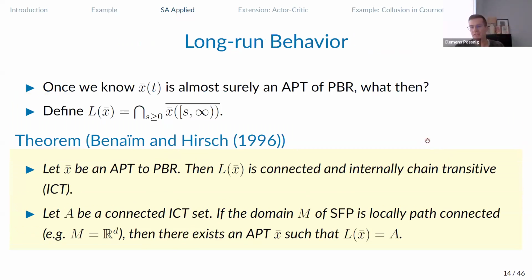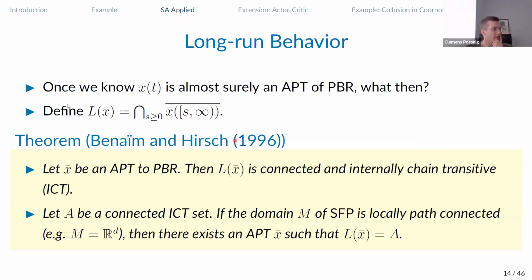From asymptotic pseudo trajectory, you might not be immediately able to see what kind of behaviors this now predicts. Like, what kind of solution curves are we actually looking at when we're talking about taking the ODE and approximating and predicting long-run behavior? So we need to talk about long-run behavior of our time interpolated system and ask what kind of specific solutions we will actually be seeing when we look at the long-run behavior of the algorithm.